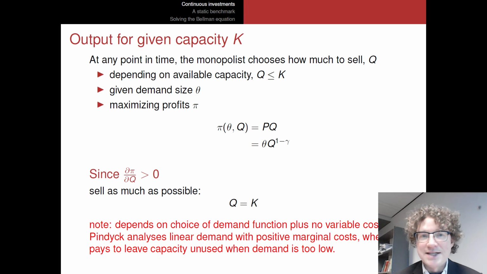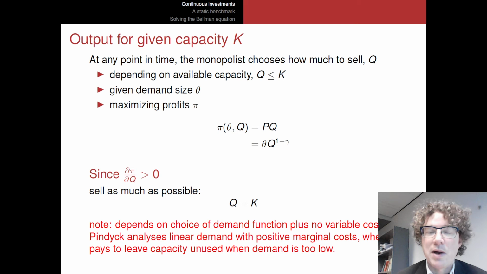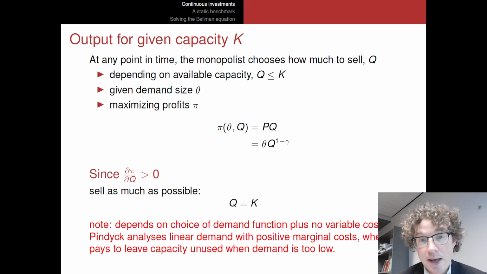So before I can answer that, I first have to deal with the monopoly problem. So at any given point in time when my capacity is fixed, so it's just the number of megawatts that I have at my disposal, I have to choose, well, how much quantity am I going to produce and sell into this market? Well, I cannot produce more than my capacity, but I could produce less. So, well, what's the optimal amount of quantity that I'm going to produce? So what I want to do is maximize my profits at this point in time, say this hour, this day, given the demand size theta that I observe for today, right?